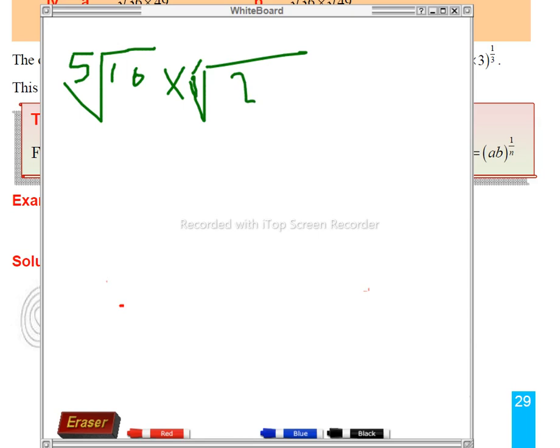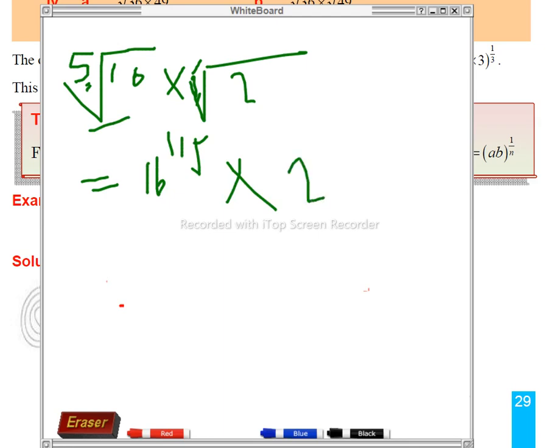Since it is a fifth root, we write this again like that: 60 to the power of 1 over 5. This is the same as this, times